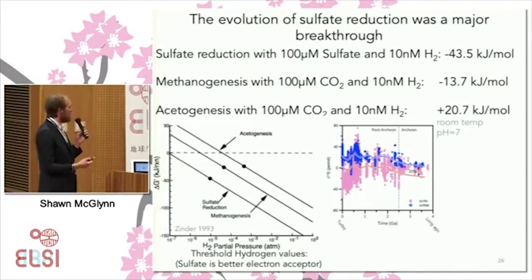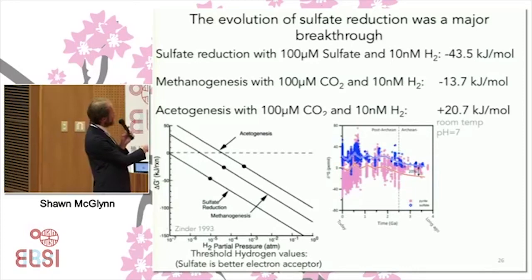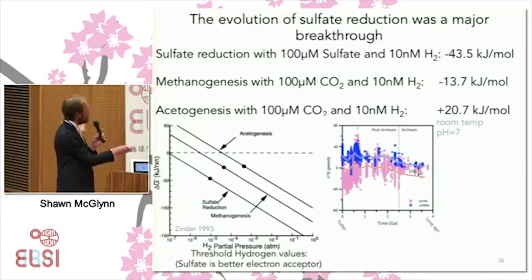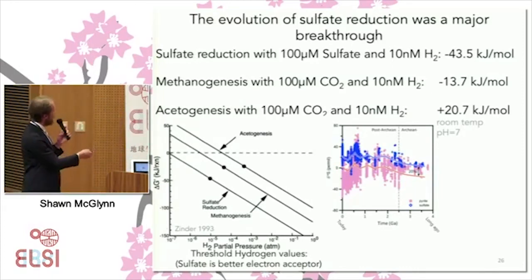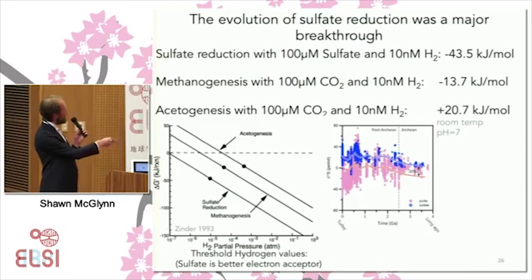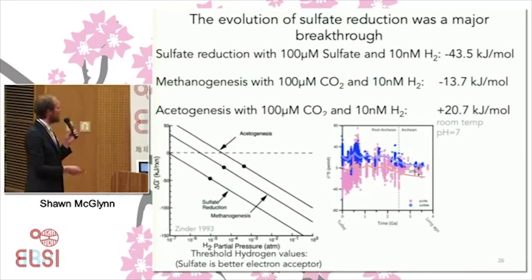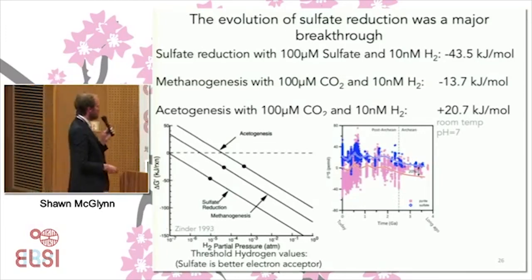And because sulfate is such a good electron acceptor, because it has a more positive midpoint potential, it's easier to reduce than CO2. What sulfate reducers are able to do, and people have known about this for a long time, is suck hydrogen concentrations down to a much lower level than either of these organisms. I think a good way to interpret this is just to look at these Gibbs free energy of reactions for the electron addition onto either of these acceptors. And so